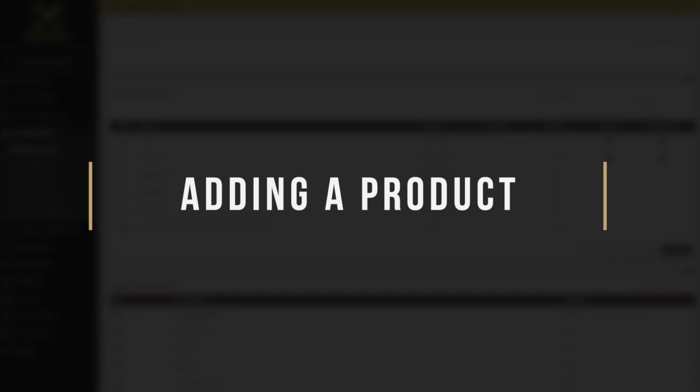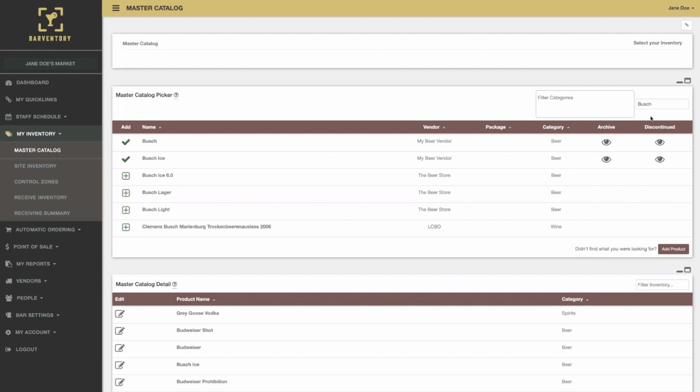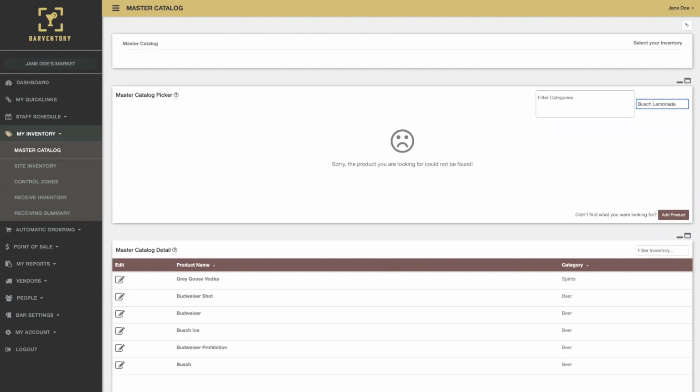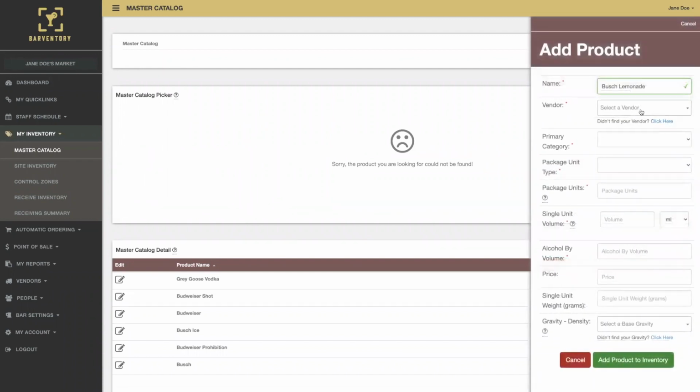Adding a product. If you're searching for a product in our master catalog and cannot find what you're looking for, or you'd like to add your own brand to the catalog, you can do this easily from the master catalog screen. Start by searching for the product that you would like to add. If it does not already exist, a screen appears letting you know that the product cannot be found. For this demonstration, we're going to search for Busch Lemonade. As you can see, it wasn't found, so we can click on the Add Product button to add the product